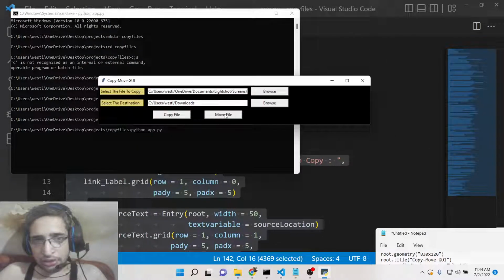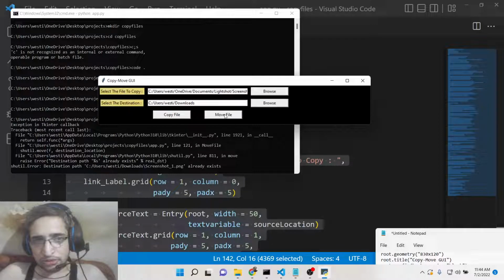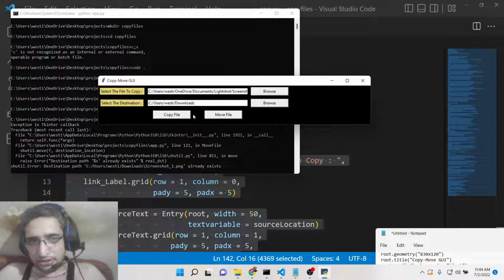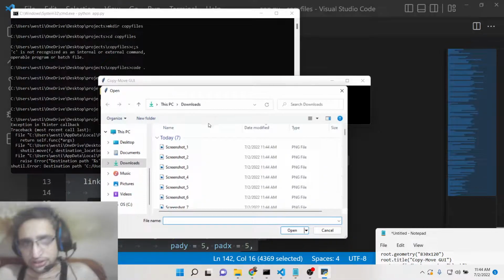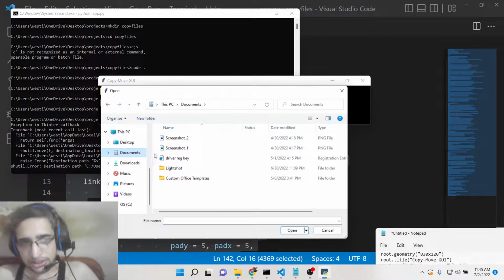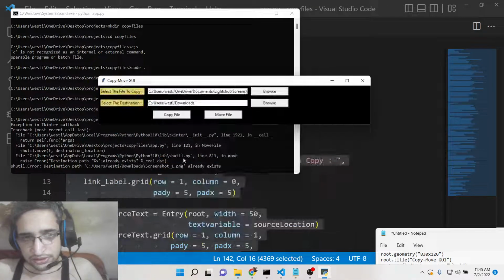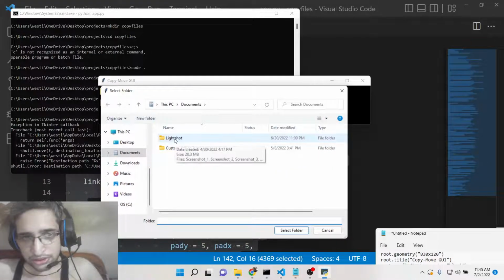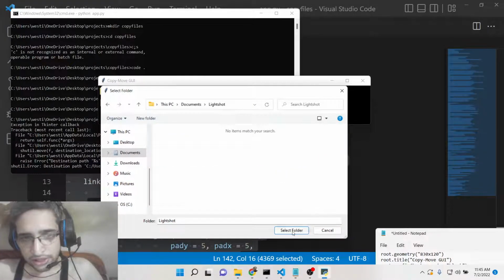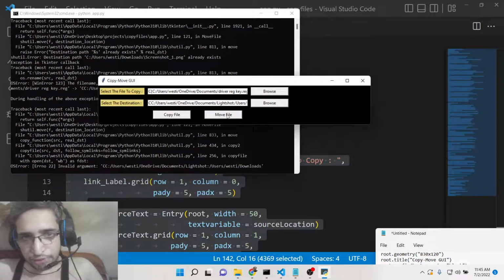Now if I want to move these files, we can also move them, but there is an error because the files already exist. That's why this error is there. So we can select different files which I need to move. Let's suppose I select a single file, and this time I select the destination to be this folder, light short. And if I click move file,